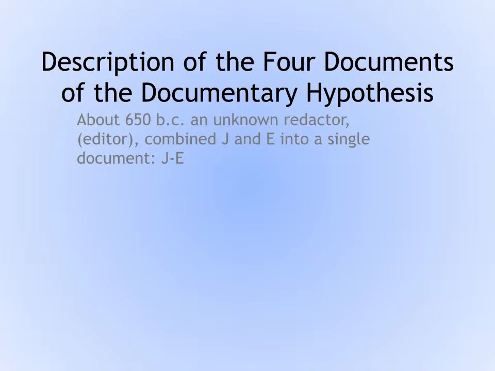And then sometime around 650, 100 years later, a redactor, an editor, came along and combined J and E into a single document known in scholarly circles as J/E. So you see now, you have to back up in time to 850 BC, where you have the J documents originally, oral tradition, then the J documents are written down late, very late, then the E documents are written down even later, and now, even 100 years later, they're combined together.